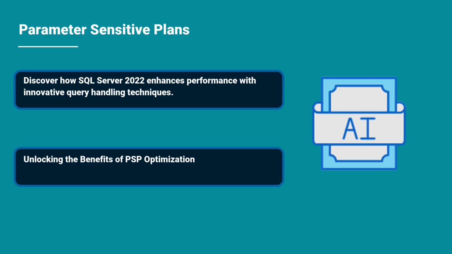SQL Server 2022 has introduced an exciting feature called Parameter Sensitive Plan Optimization, or PSP optimization for short. This innovative capability really stands out. It allows the database engine to cache multiple execution plans for a single parameterized query, especially those that involve equality predicates. In this lesson, we're going to explore how this feature enhances query performance and boosts the overall efficiency of